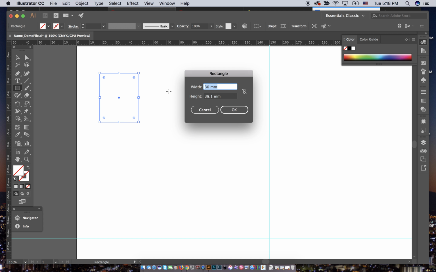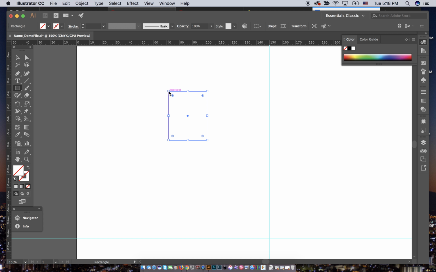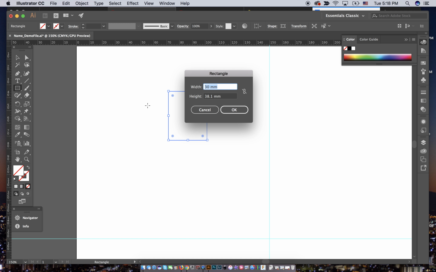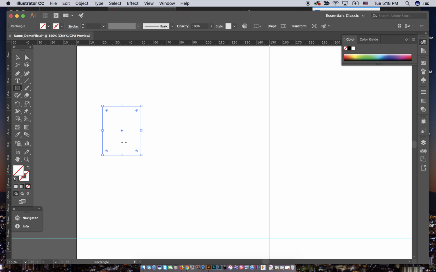Do I want another one? Click again. It comes up automatically with whatever the shape was you just made. There's another one, right? So now I've got two. Now, here's the interesting thing. Right now, my fill and my stroke are at nothing. So when I click off, like I'm going to make another one, it'll be cute. You're like, I have one. Where'd my other two go? They are